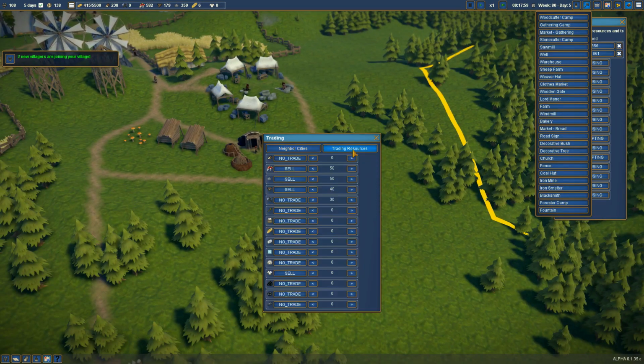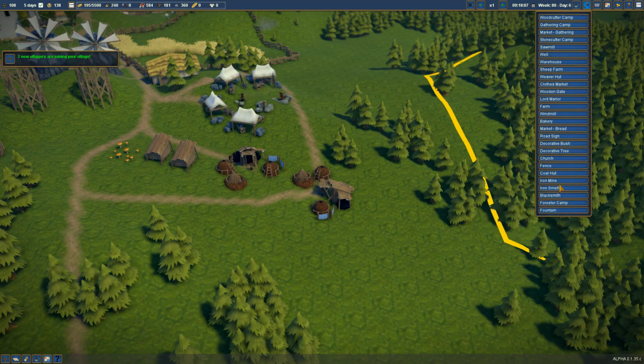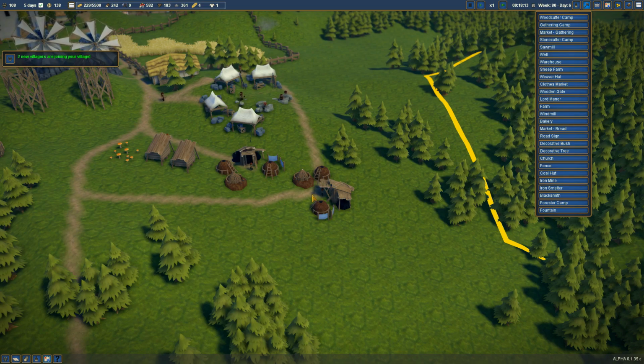All right, let's see, trading resources. I'm gonna need to go ahead and get some more tools, because in order to build some of the stuff that I need, I'm going to need those. Let's see, so the iron mine, so the iron smelter, now that I've got coal here,